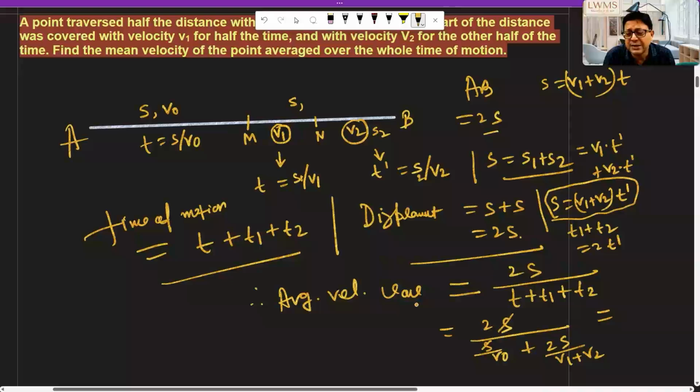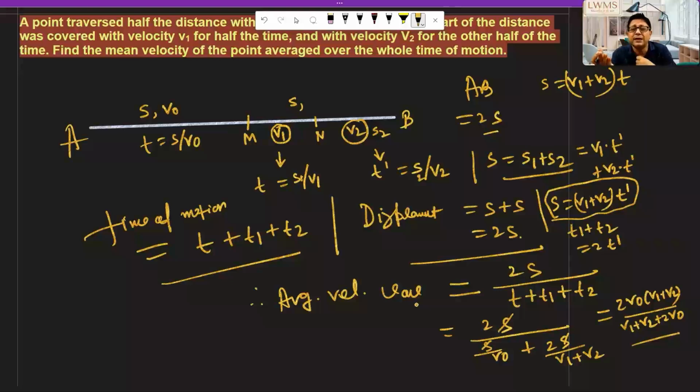This gets cancelled. Take LCM. 2 V0, V1 plus V2. And this is going to be V1 plus V2 plus 2 V0. It's a tricky sum. This sum I have taken from,